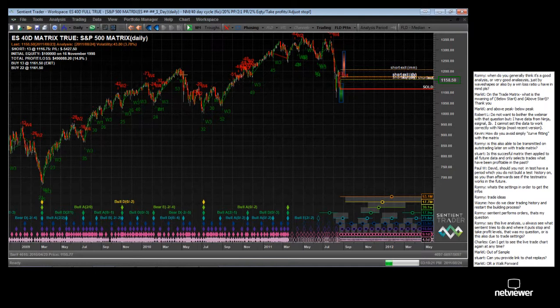I always end up creating 2 workspaces. I have the workspace which has the full trading matrix, which I store for posterity so that I can come back to it and reanalyze it. I have a workspace which has the edited matrix, which is just an approximation of the trading history. Then I have a third workspace which has what I call the true matrix, which rebuilds a trading history using the correct matrix. And sometimes I have a fourth one where I take that forward in real time and generate the trading status in real time.